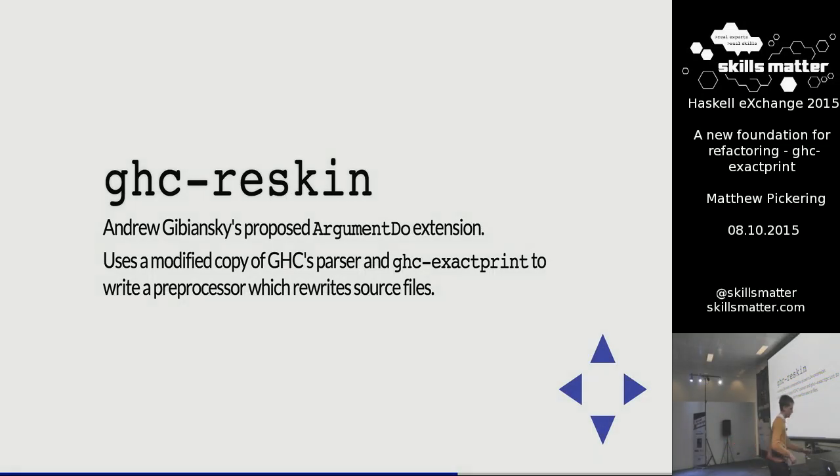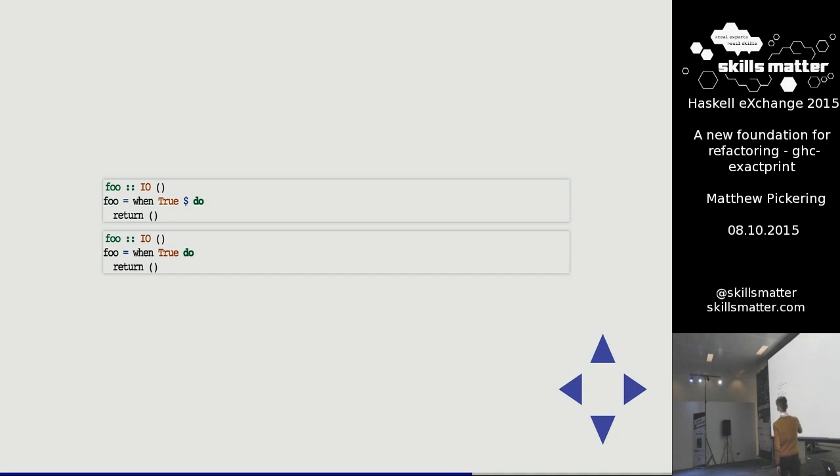I have an example on the next slide. So this is the example. So below is the example of something he wanted to parse. The top is a valid Haskell program today. So he wanted to get rid of the $, really. And so he used his modified version of the GHC parser. Then he used ghc-exactprint to print out a valid Haskell source file,